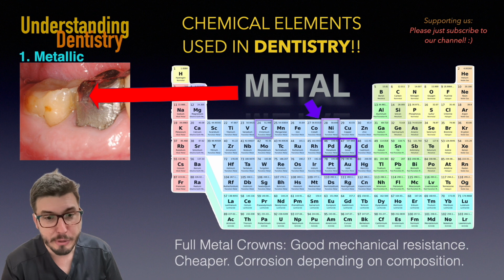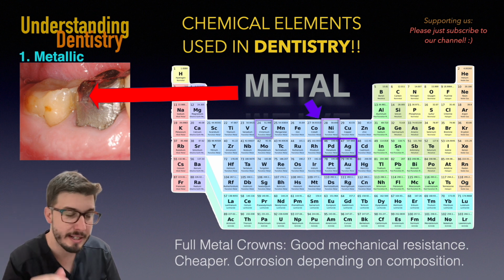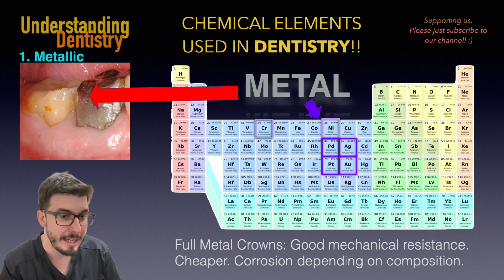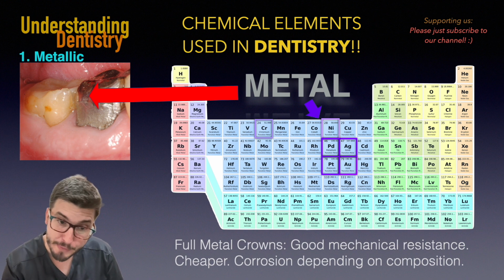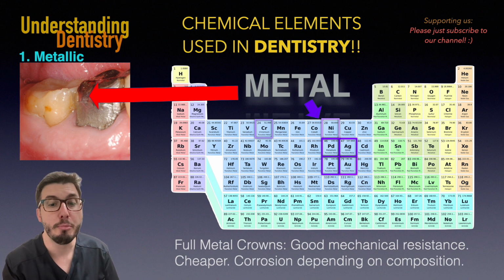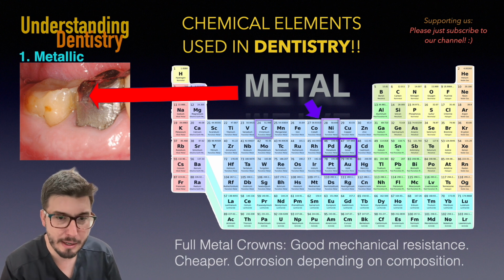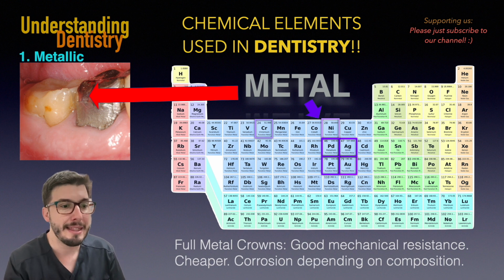So for long-term use, for example, just like this case that you guys are seeing now, it can get corrosion and oxidation and problems like that, right? So this is actually a problem. But at least it's cheaper, okay? And the corrosion can be better or worse depending on the composition of this alloy, okay? And of course it has a nice mechanical resistance considering the metals that are being used by this alloy.